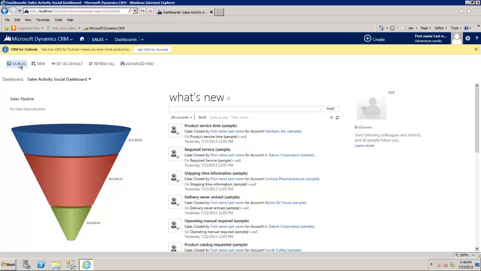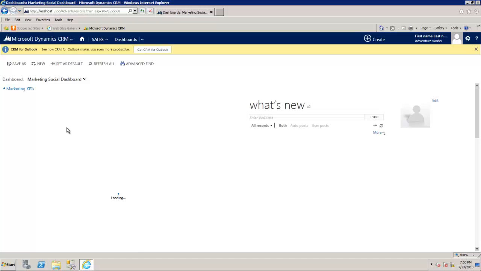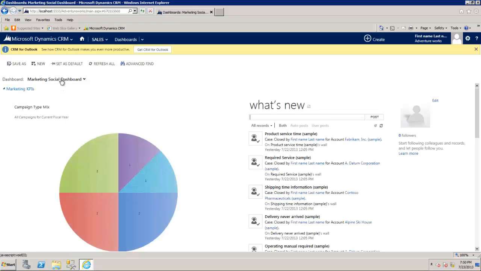You also see a command bar available above the dashboard. If I want, I can go ahead and select a different dashboard as the default for my user's primary landing area. So let's go ahead and select the marketing social dashboard under the sales area. When we select the marketing social dashboard, now I have this option to set this as the default. When we click on this,